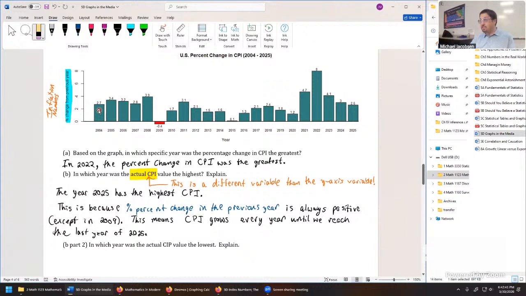But if we are starting at 2004, the very next year it's higher because the percent change is positive. It moved up. It moved up more, it had even more. And then it was almost neutral, just barely edges down. But then with all of these positive, CPI just keeps on going up and up and up. So for this additional question, as you posed, we would say the year